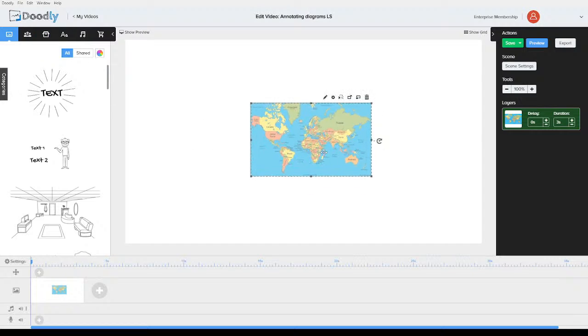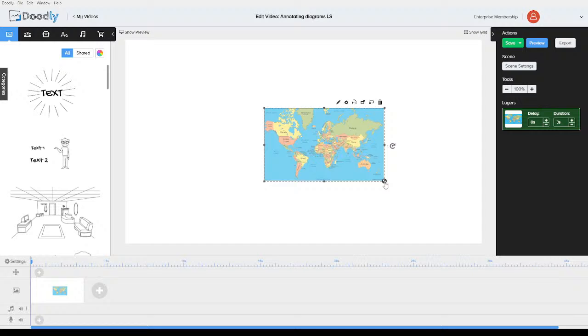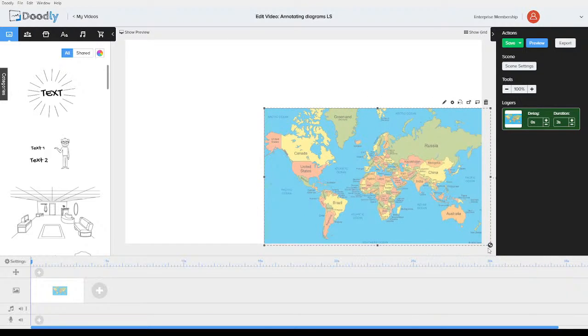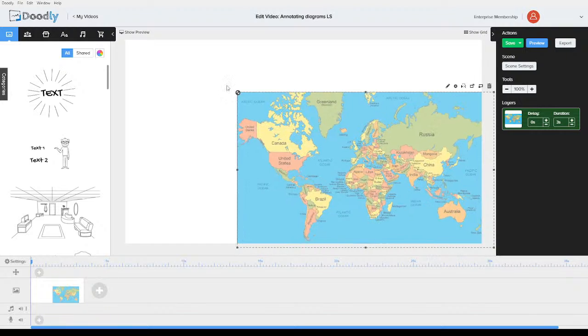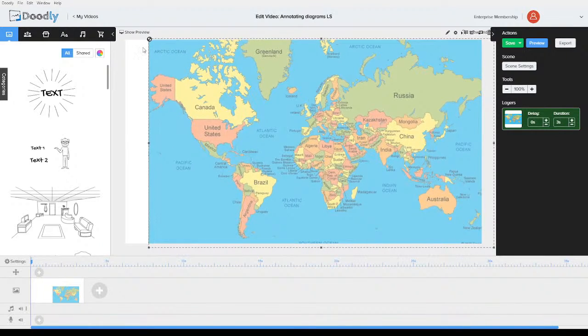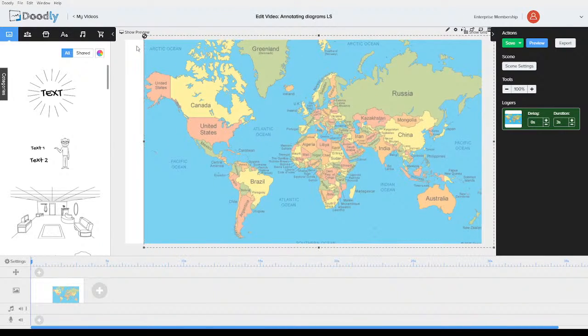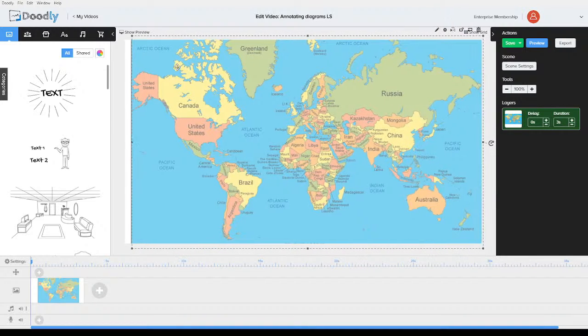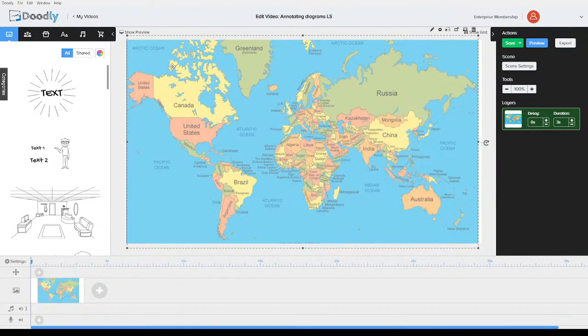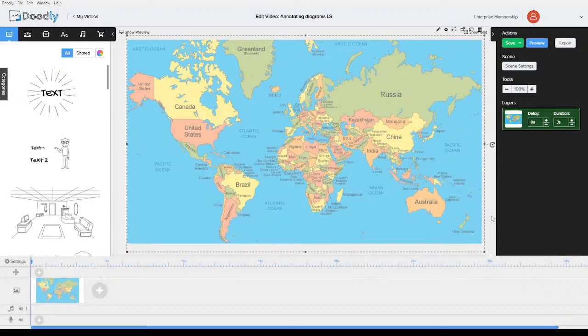So what we're going to do today, I've just imported this image by adding it to props. This is just a map, and what I'm going to do is make it big so it fills the screen. In fact, I want it to be bigger than filling the screen. Now, there's this problem in Doodly that when you make things bigger than the screen, they can be a bit fiddly. So I'm going to put this here, and I'm just going to expand this out so it goes past the screen and click. See, this is what I mean. If I move my mouse,